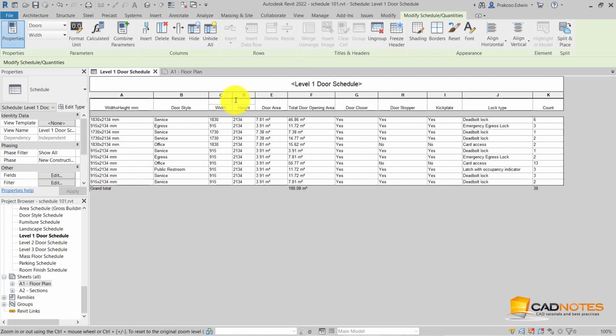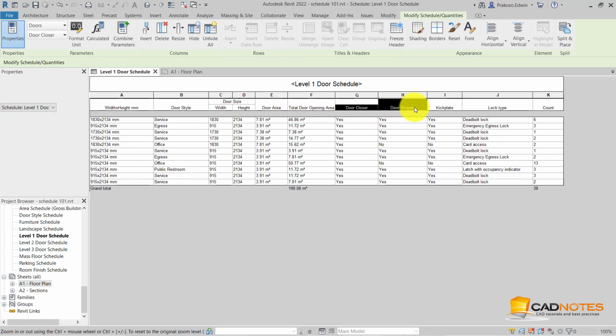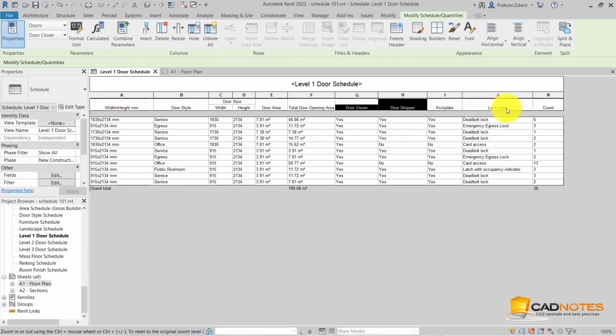I'm going to call this group door size. And for these parameters, I'm going to group them and call it door accessories.